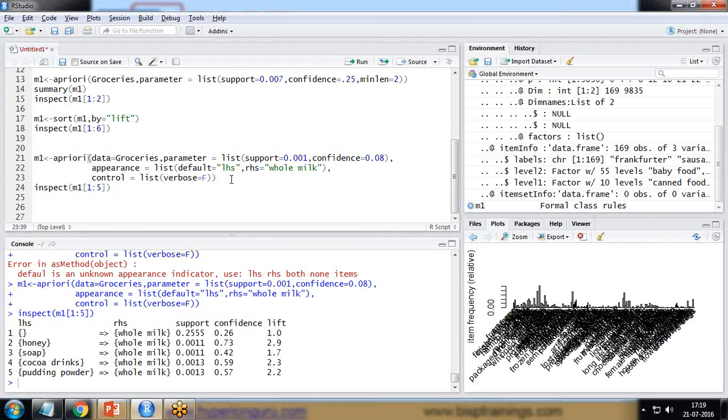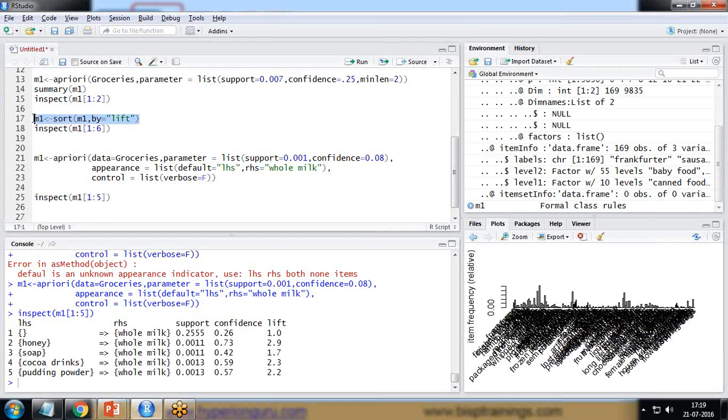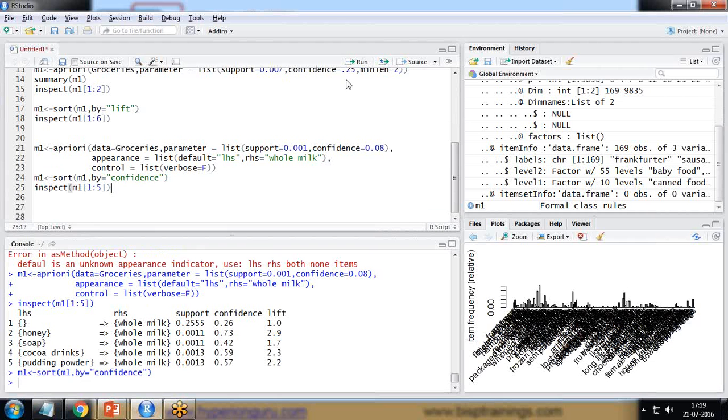And I would like to sort it based on confidence. So I write M1 and sort. So I copy paste this, sort M1 and by confidence. By is equal to, I run it, and